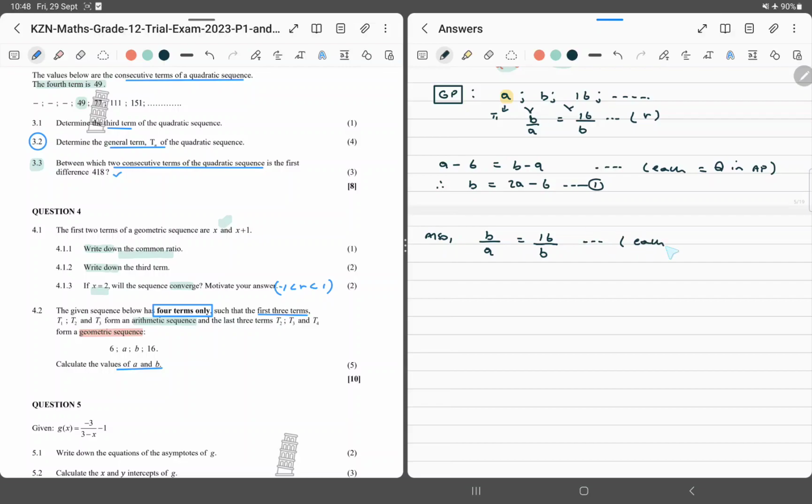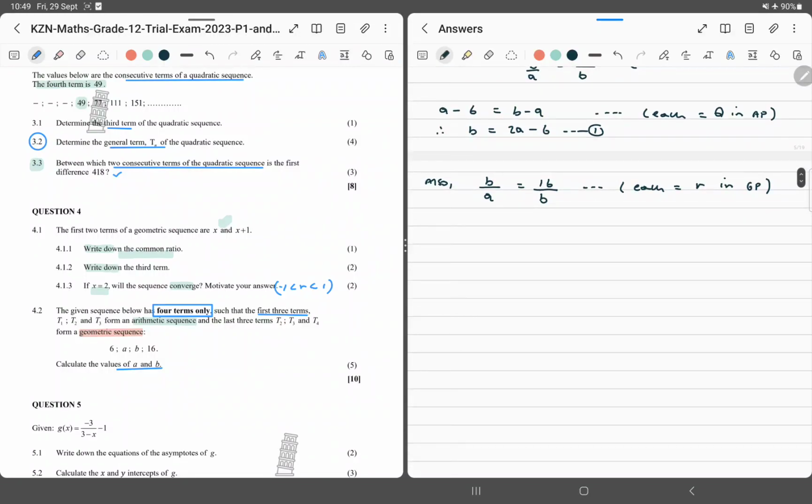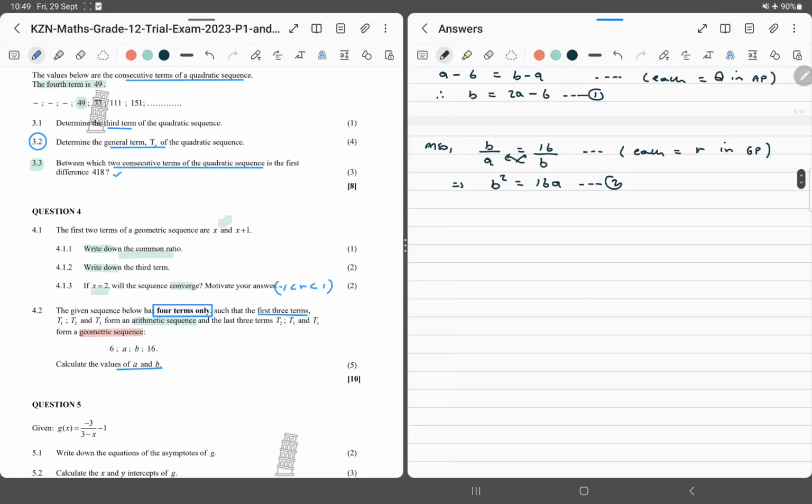Again, each is equal to R in a geometric progression. Then we cross multiply there. This implies that B squared is equal to 16A. We can make that equation 2. Now, our job is to put 1